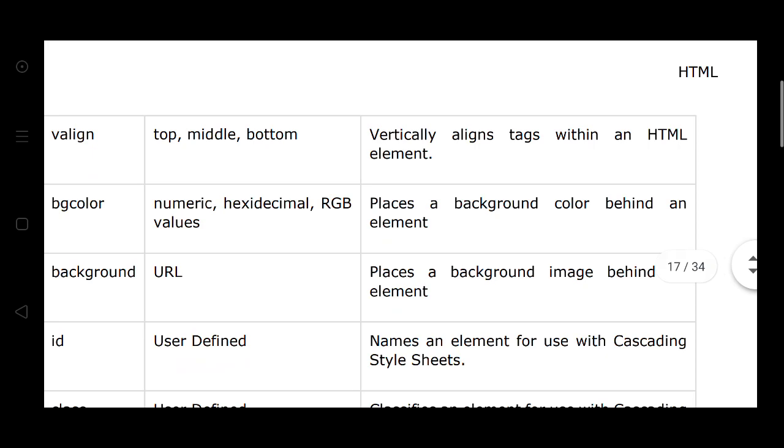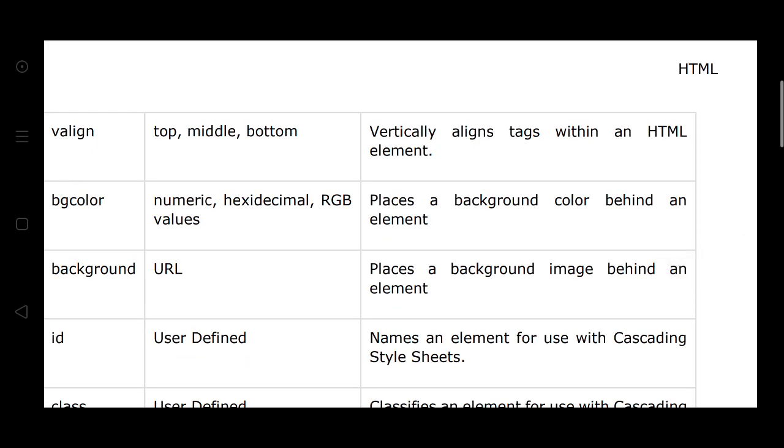BG color displays a color. Suppose the value of BG color is equal to a number. The number may be hexadecimal, RGB values, or any text.